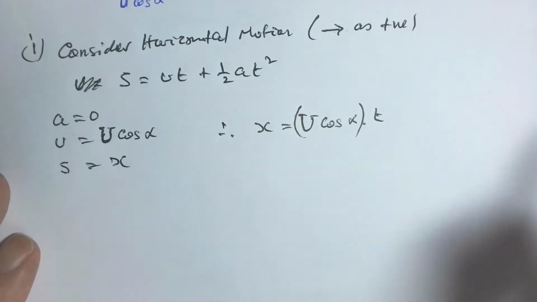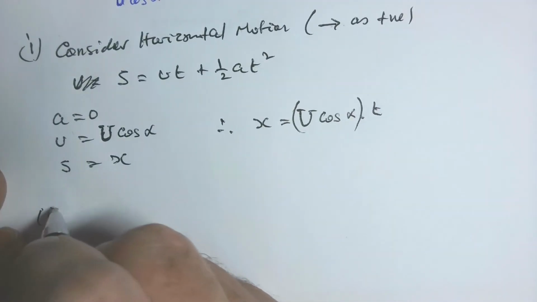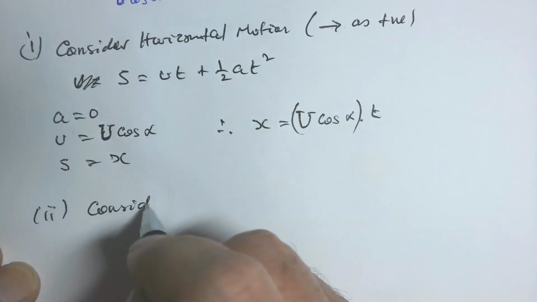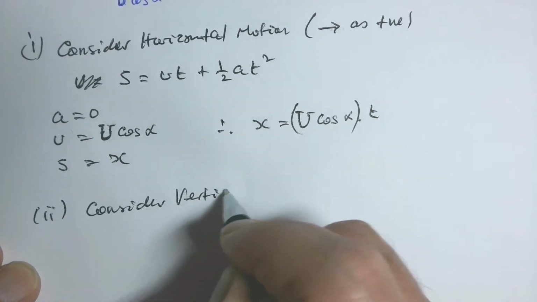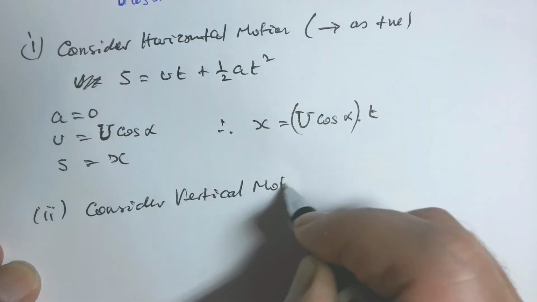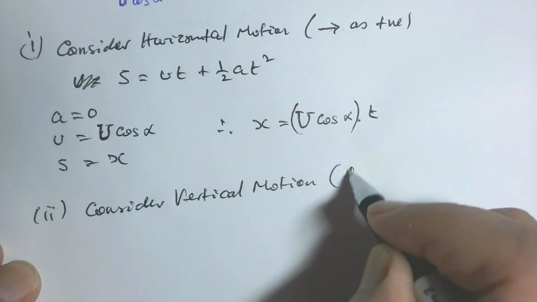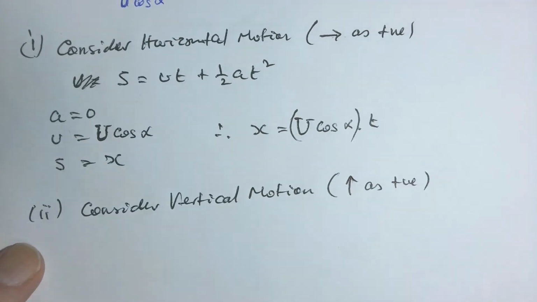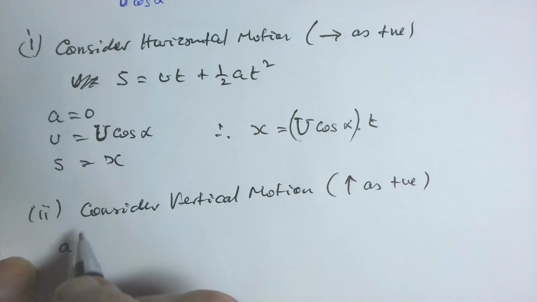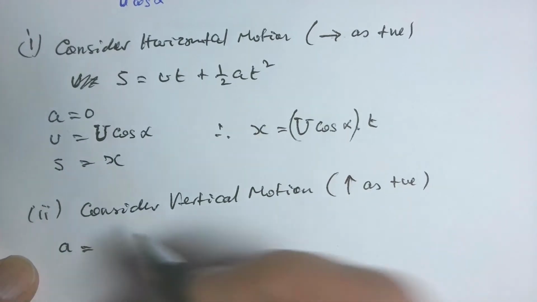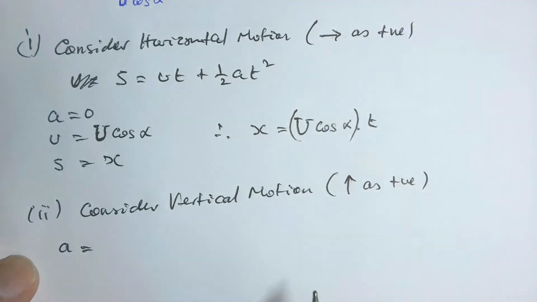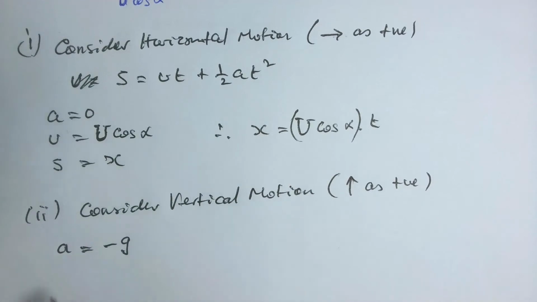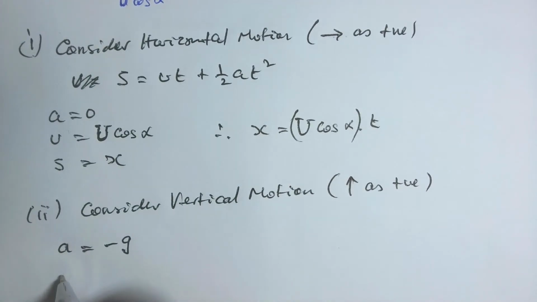So part 2 is to consider the vertical motion, with the upward direction as positive. Now this time the acceleration a is negative because g acts downwards. So a is minus g. And u, the initial velocity,